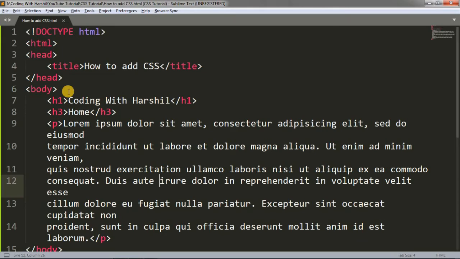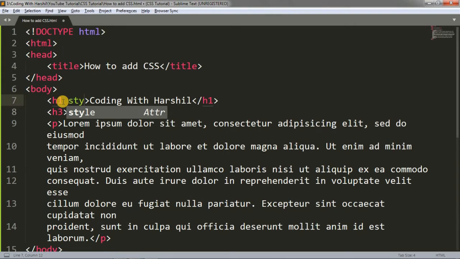Inline CSS means in our HTML file we have written a tag, or we can say a section, and in that line we are writing our CSS, so that will be our inline CSS. Means in one line we have written our HTML code and our CSS code also, so that is our inline CSS. So here I am adding the inline CSS with this style attribute.